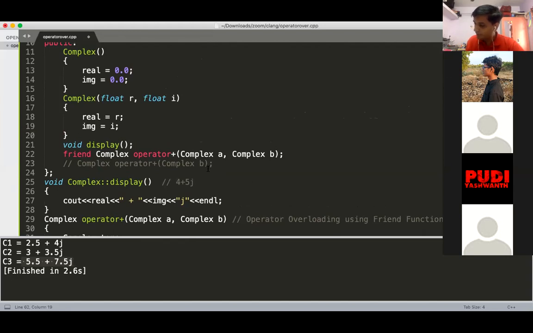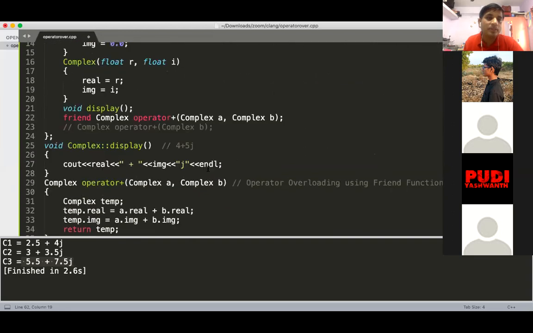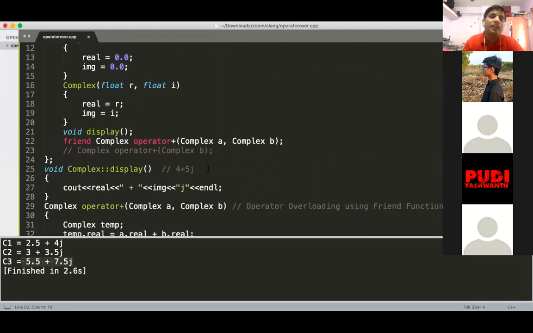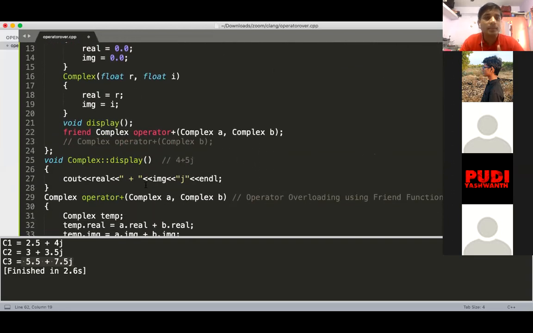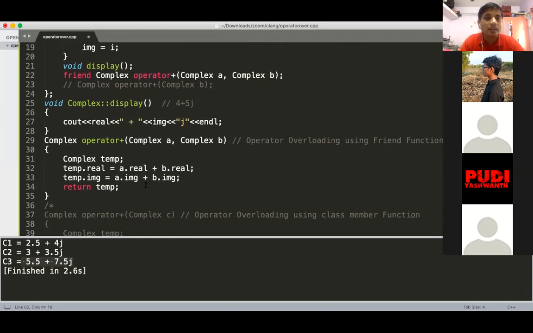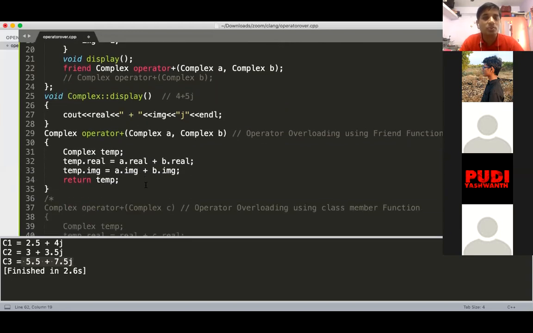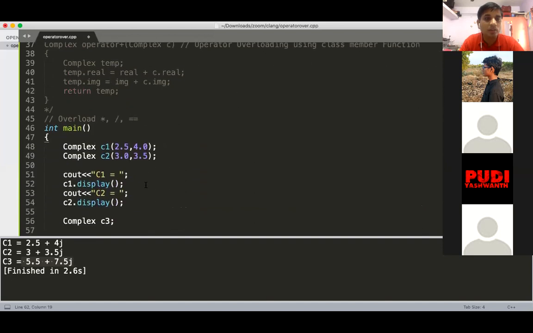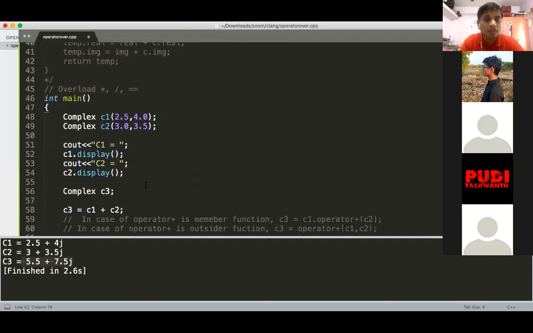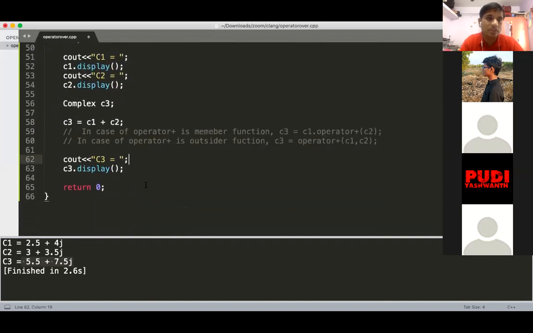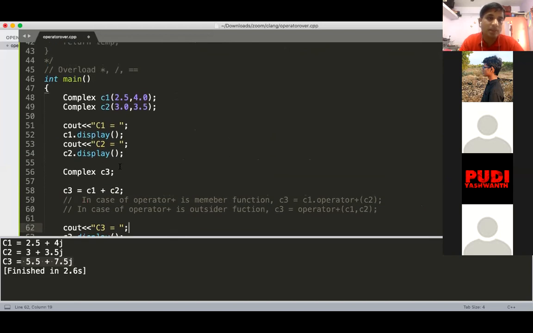Understood, sir. Yeah, this will be understood very well if you try at your end. If you try at your end and play with this, you think that this program is a very easy one, but if you make a single mistake, to remove that single mistake you require at least half an hour to find what your mistake is.